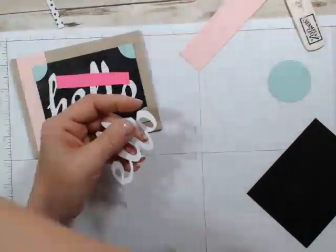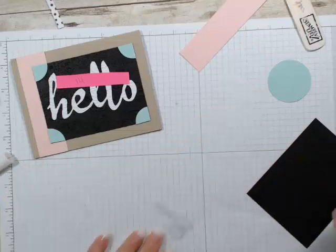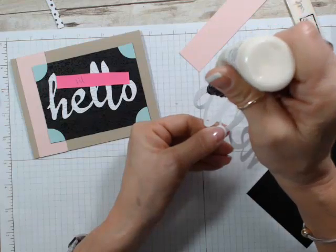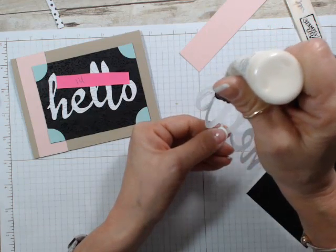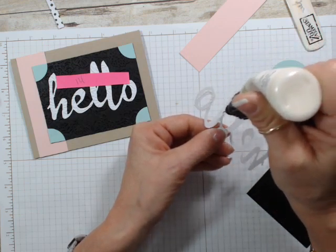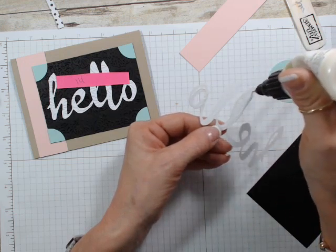And I'm using, remember in my fine tip glue, it's not fine tip glue in there. It is Tombow that I put in there. So I'm using Tombow. I just like the fine tip because it's easier to apply. So when you are done with the fine tip glue, or when it's almost at the end, just fill it up with